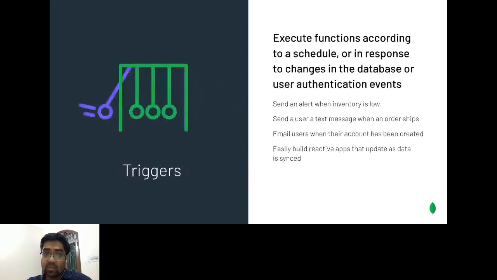It has triggers which get executed whenever some kind of event happens. You can say my inventory is running low, I want to send a trigger or do something like that. So these are all things it can execute.